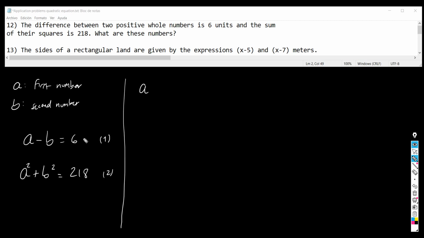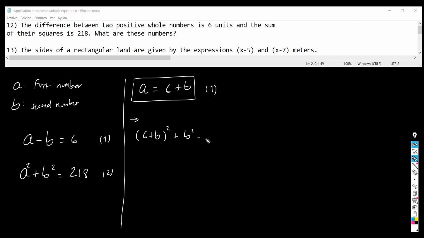In this case, I'm going to isolate a from equation 1. Next, I'm going to input this value into the other equation. So a equals 6 plus b, and if I use this in the second equation, I can write the following: (6 plus b) squared plus b squared equals